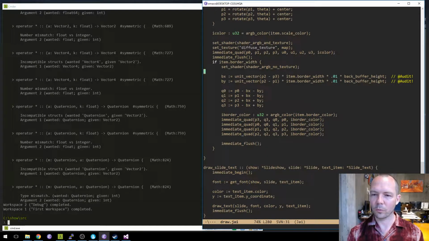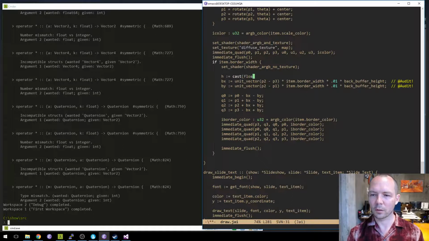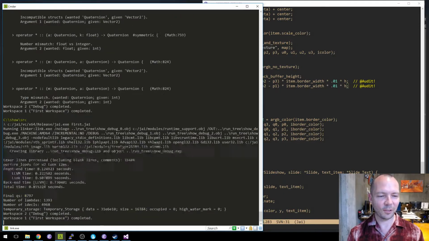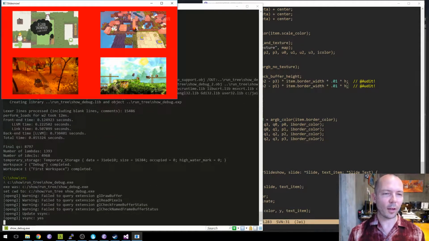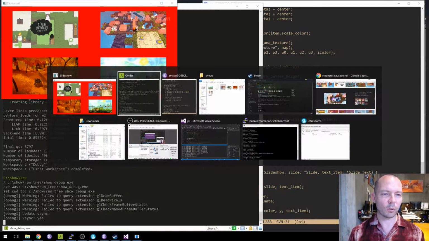Oh. So we don't have an overload for multiplying a vector by an integer, I think is what just happened. Yeah.